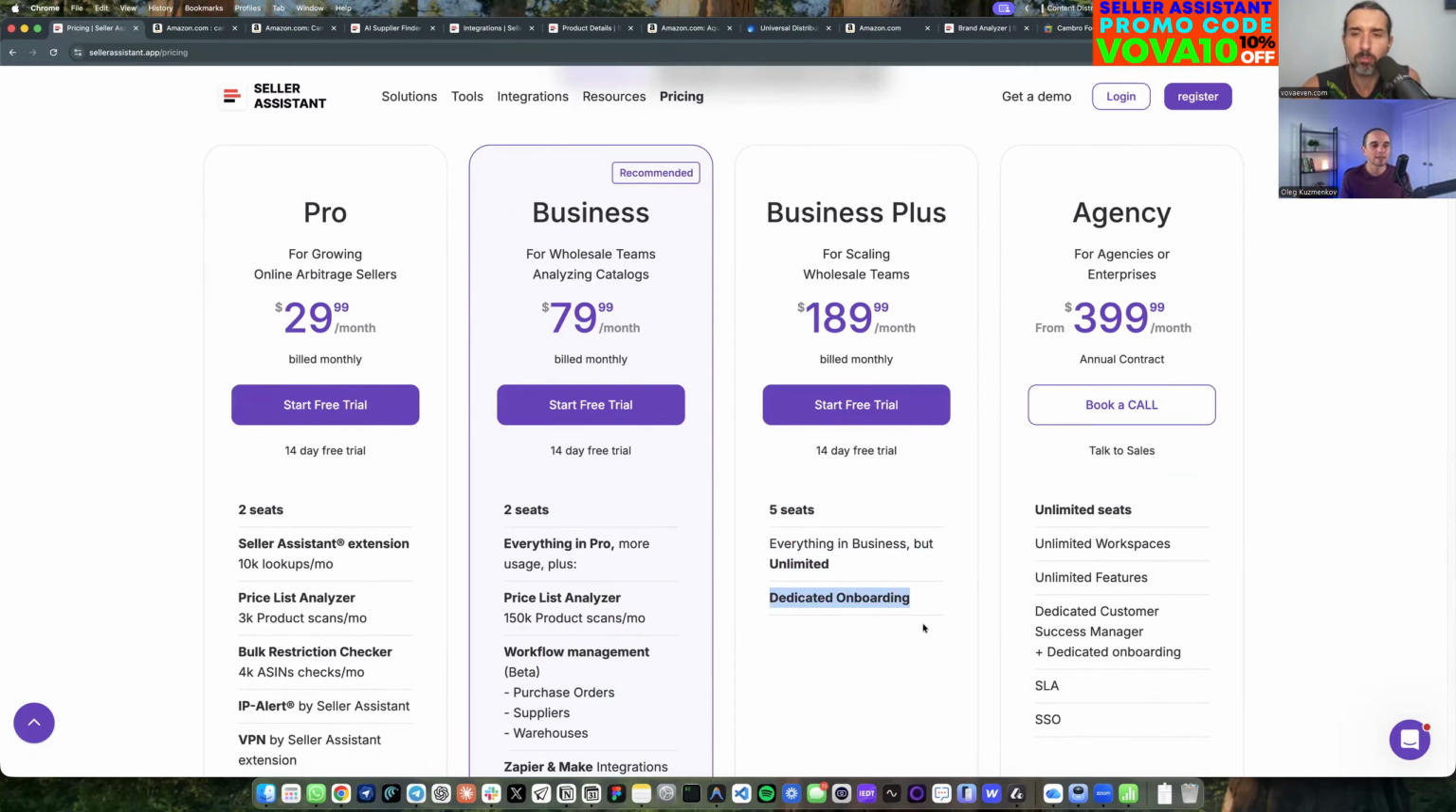And Agency is for businesses who run multiple accounts. In this case, you can connect multiple accounts to your Seller Assistant, and you can switch between accounts. You can get a dedicated customer success manager, and calls with me or my team, where we help you run your customers. It fits not only agencies, but also